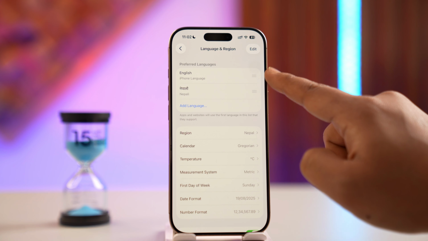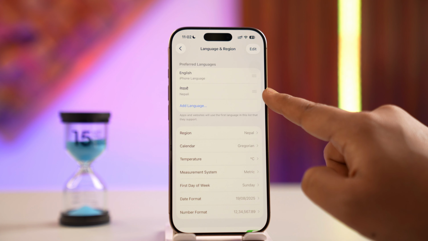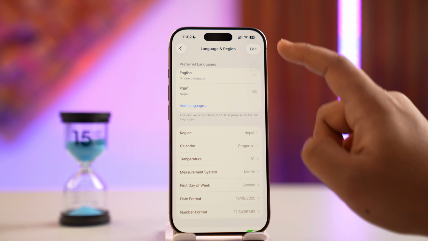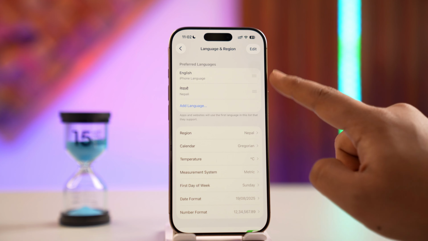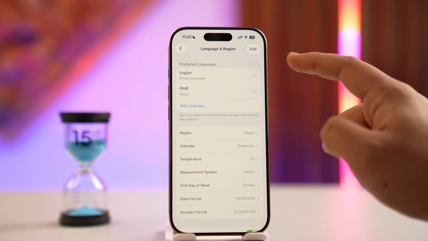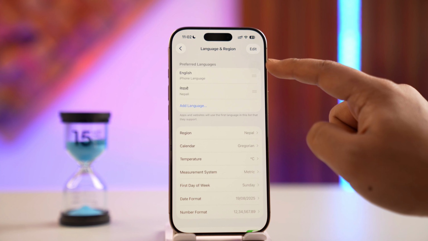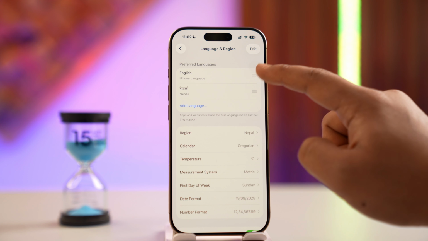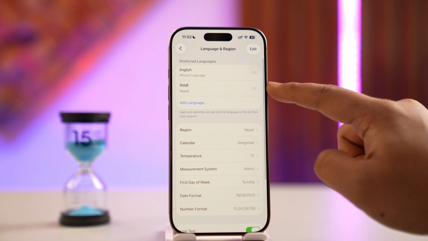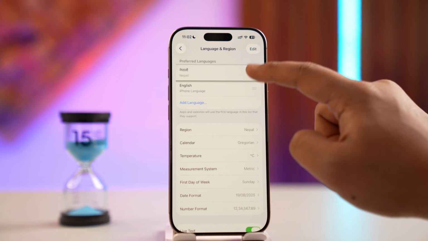Now here you can see Preferred Language and here you can see Secondary Language. So what happens is I can add a language, and they'll just keep adding. But if I want to change the language, I have to drag that language to the top. So currently English is at the top. But if I drag another language by holding these three lines over here, then you can see now it'll